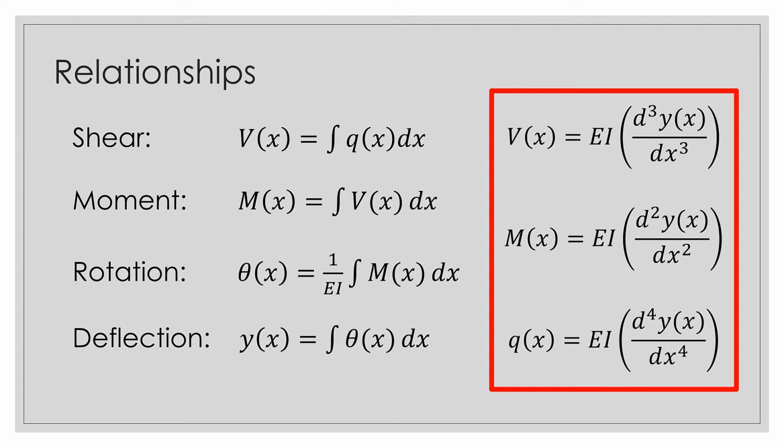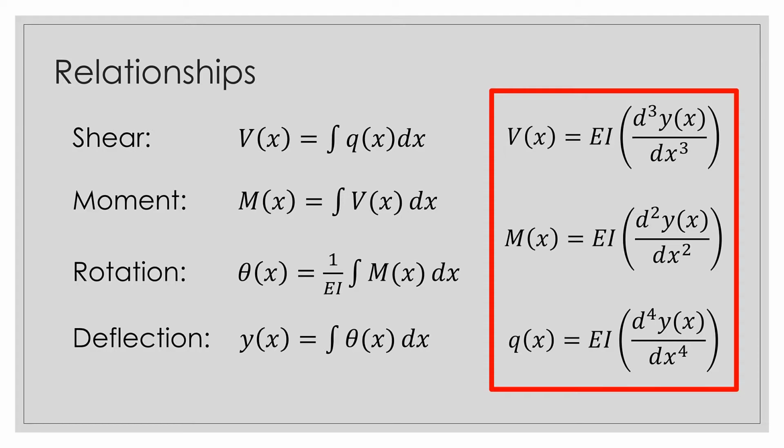So if they give you a deflection function, which they tend to do a lot in the midterm, all you guys have to do is take its third derivative and then multiply by EI. And the same goes for the moment, but instead of taking the third derivative, we take the second derivative of moment. And if we want to go even one step further, I guess one step back, depending on